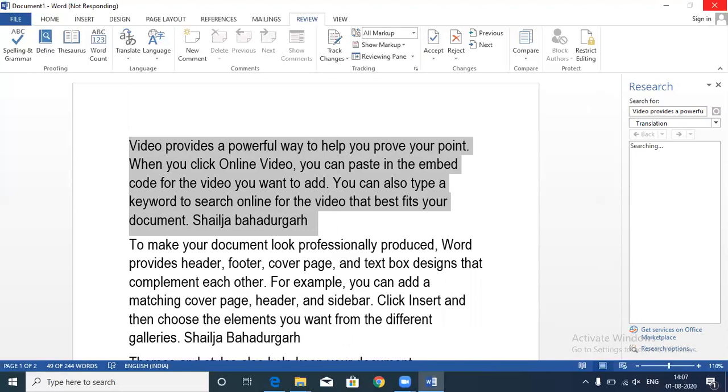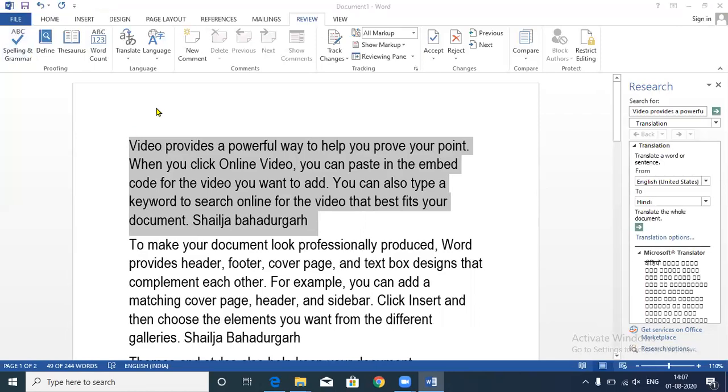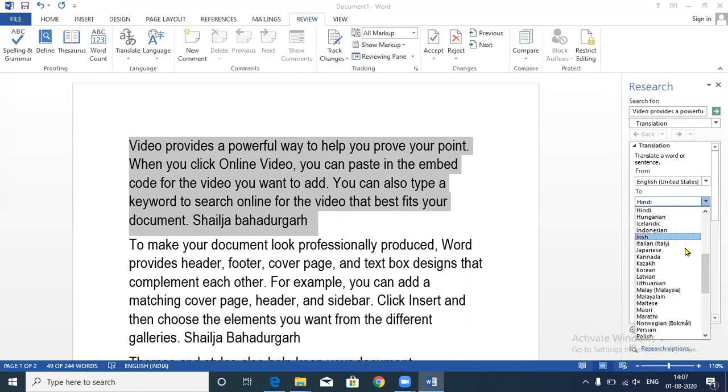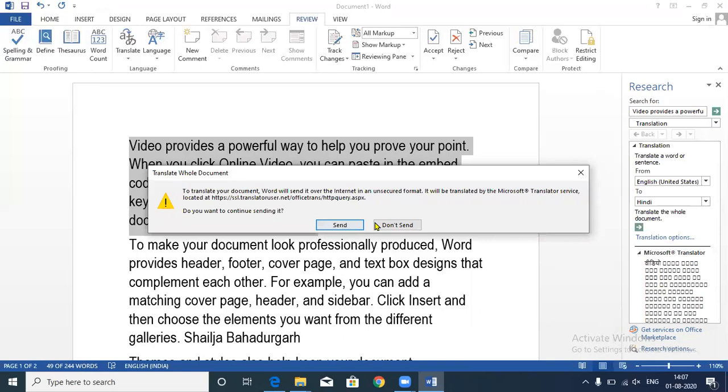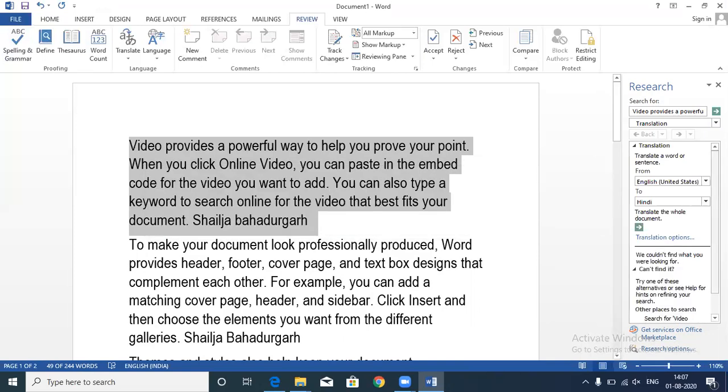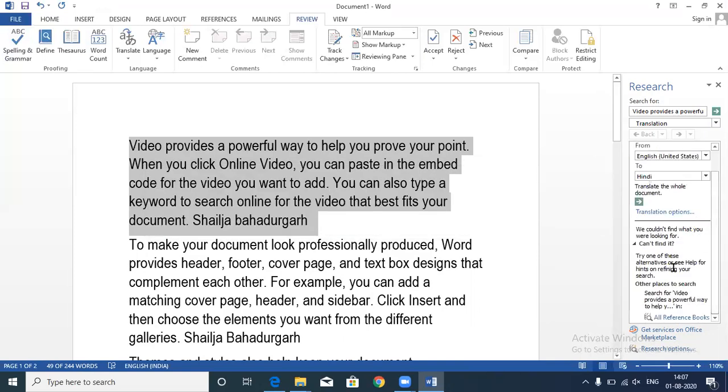Okay, till the time I'll tell you the shortcut key for the thesaurus is Shift plus F7. Shortcut key for the spelling and grammar is F7. Okay, it is done now. Now what you will do is, now our default language of our system is English, US English. Now to which language you wanted to convert, you can select from here. For example, I have selected Hindi here. After this, you will click on this arrow. It will translate that particular data into the Hindi language.